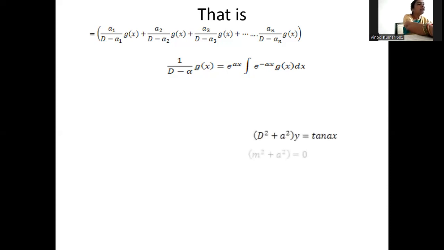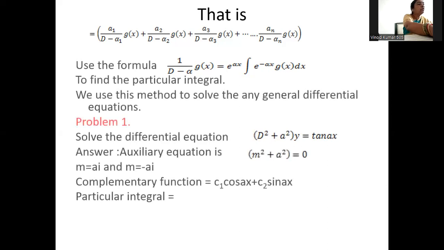Therefore, we can write the total particular integral as the sum from i equals 1 to n of a_i into e to the power of alpha_i x times the integration of e to the power of minus alpha_i x into g